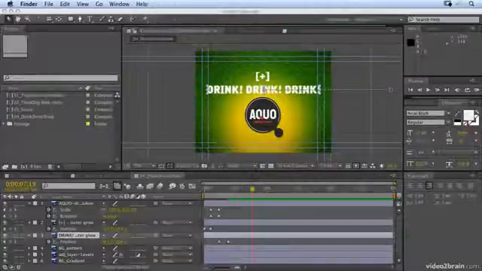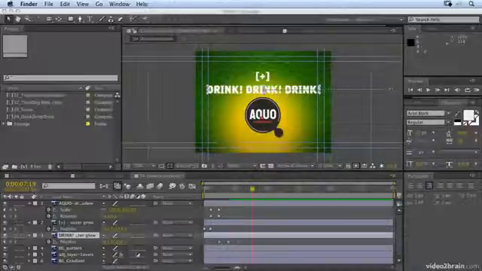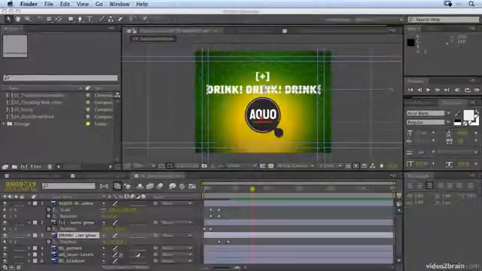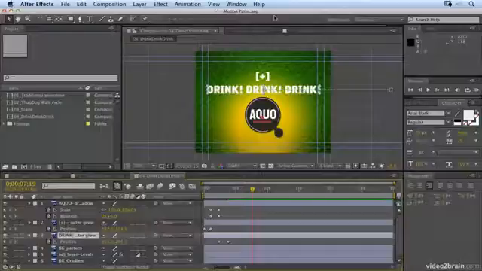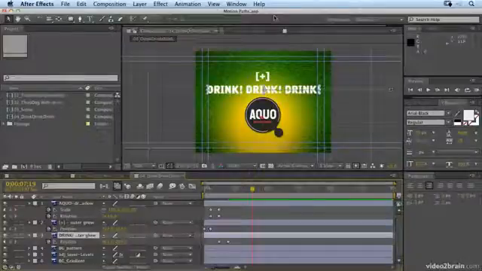When you animate a positional property such as position or anchor point, you get what's known as a motion path, and we're going to have a look at motion paths and how to control them now. If you want to follow along, you can open up Motion Paths AEP, and you can find that in the